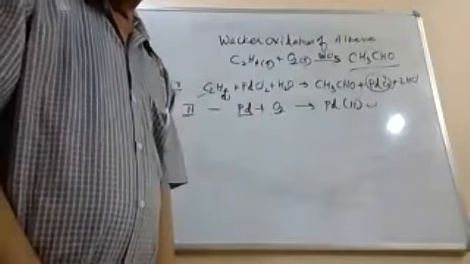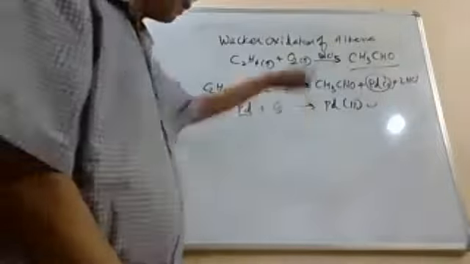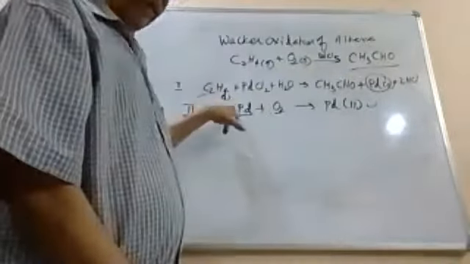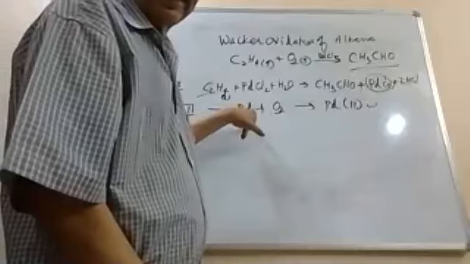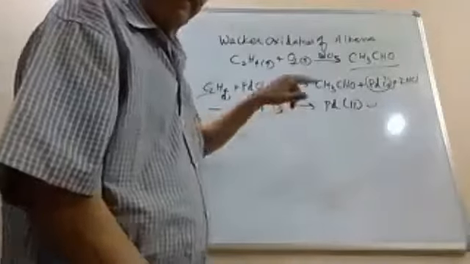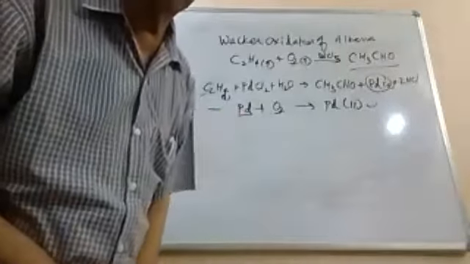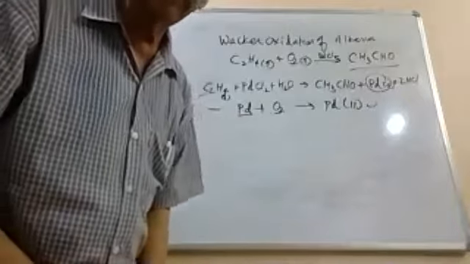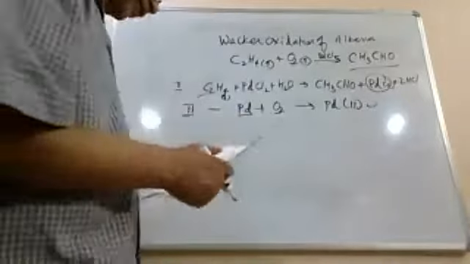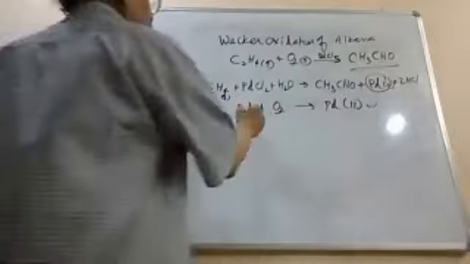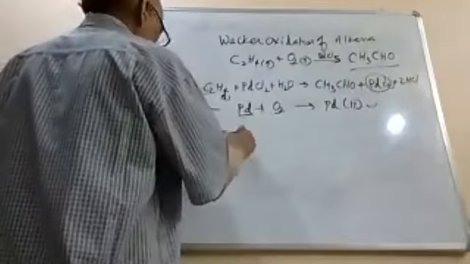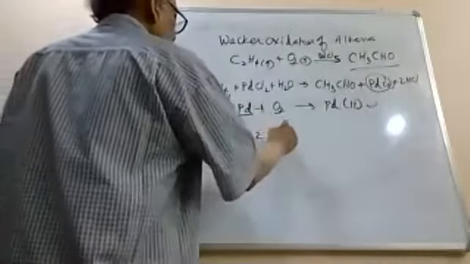This is the bottleneck here. So if you want to make a lot of acetaldehyde, you need to somehow catalyze the second process because it is slow. So what do the industry people do here? So what they do is they take the palladium and then react with